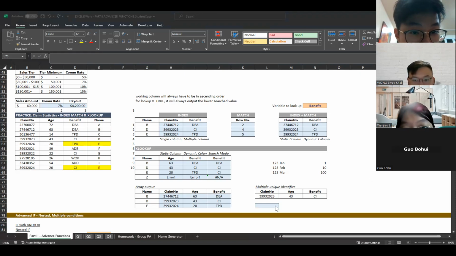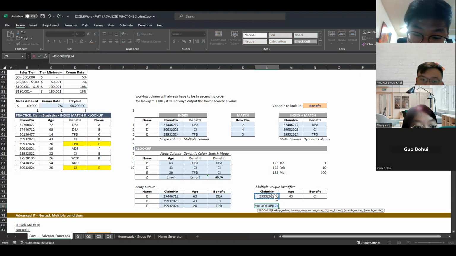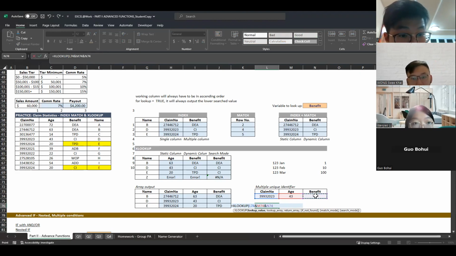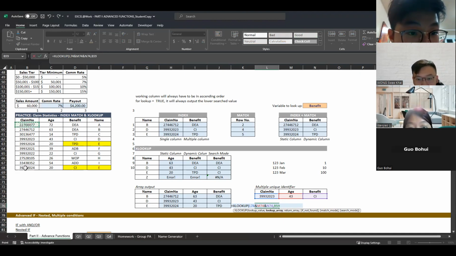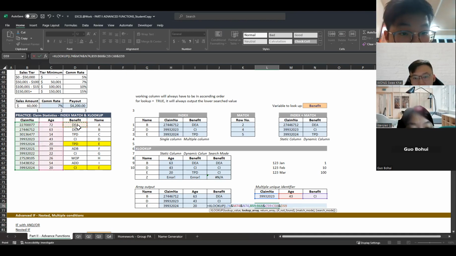XLOOKUP again. You see that XLOOKUP is really a cheat code here. XLOOKUP, my lookup value, I have to click on this guy. I put an N, I put this H, and I put this. So I put 3 N's together. I concat all these 3 items together as 1 and 3. Okay, so that's my first step. My lookup value is to find these 3 particular values concatenated together. Okay, my lookup array will be this array, and then you repeat the process, and this array and this array. Hey, sorry, no more N.